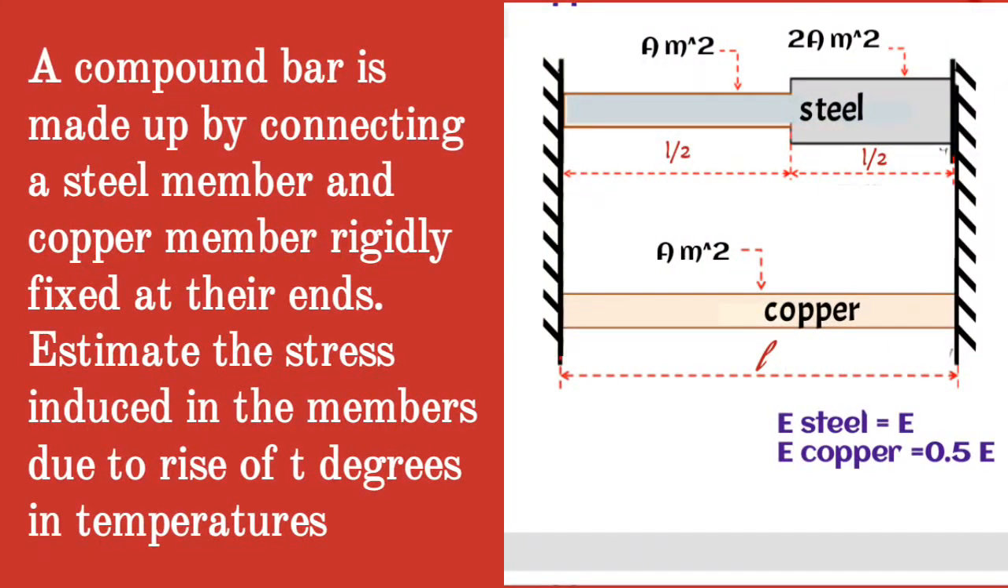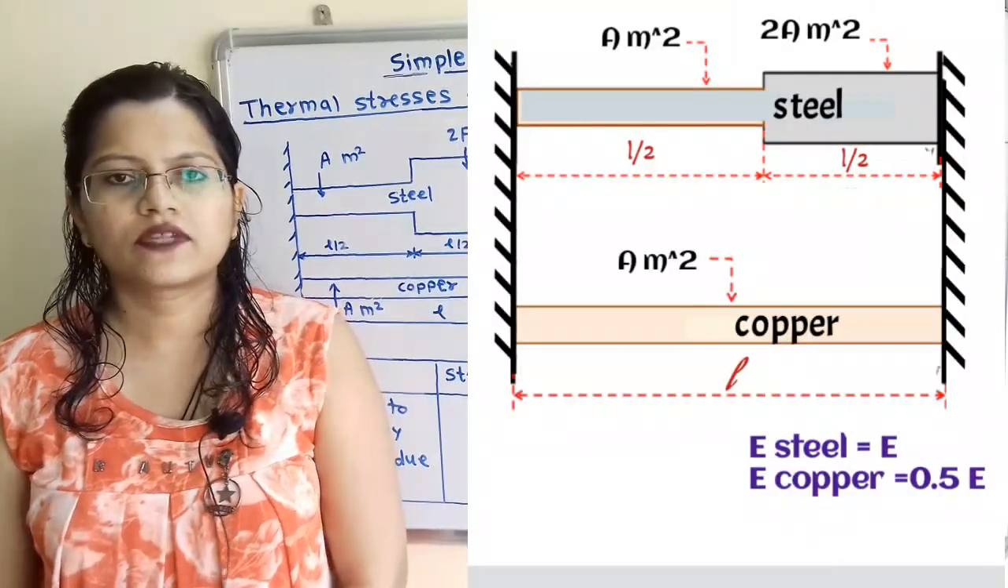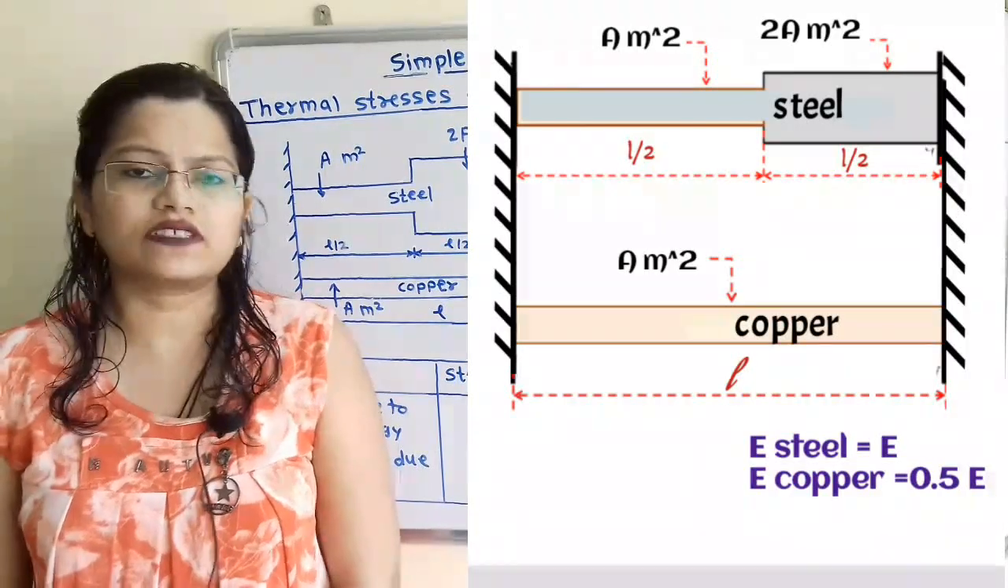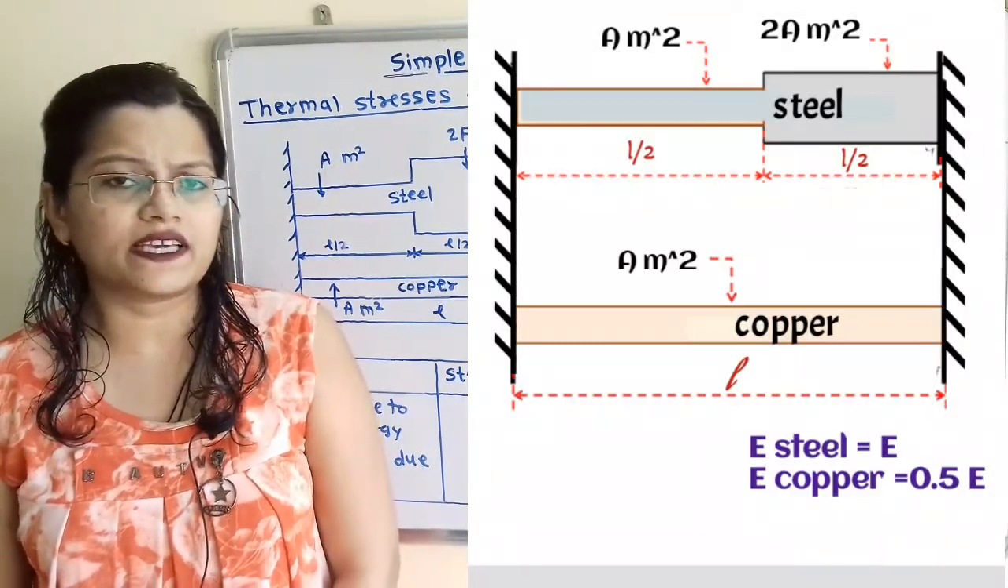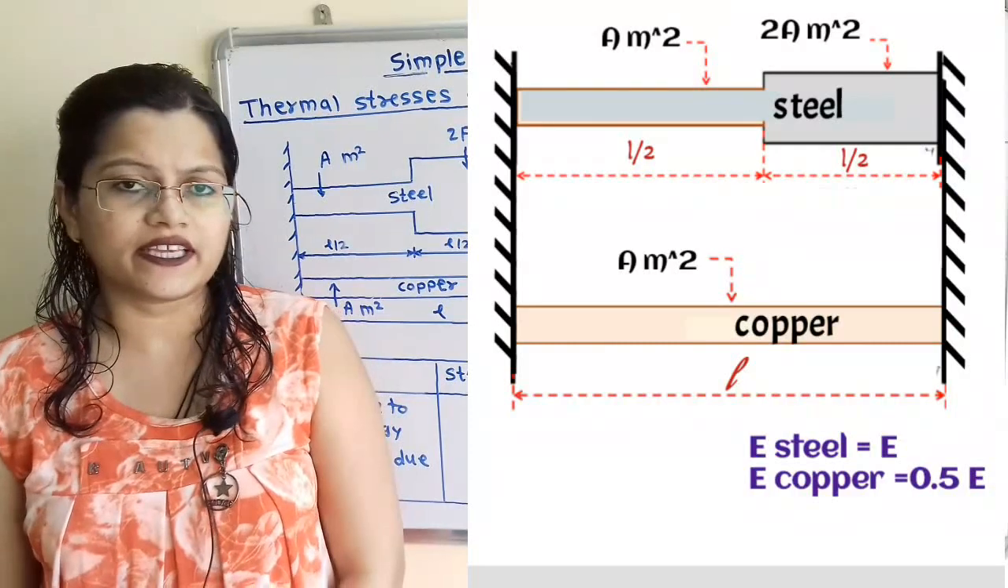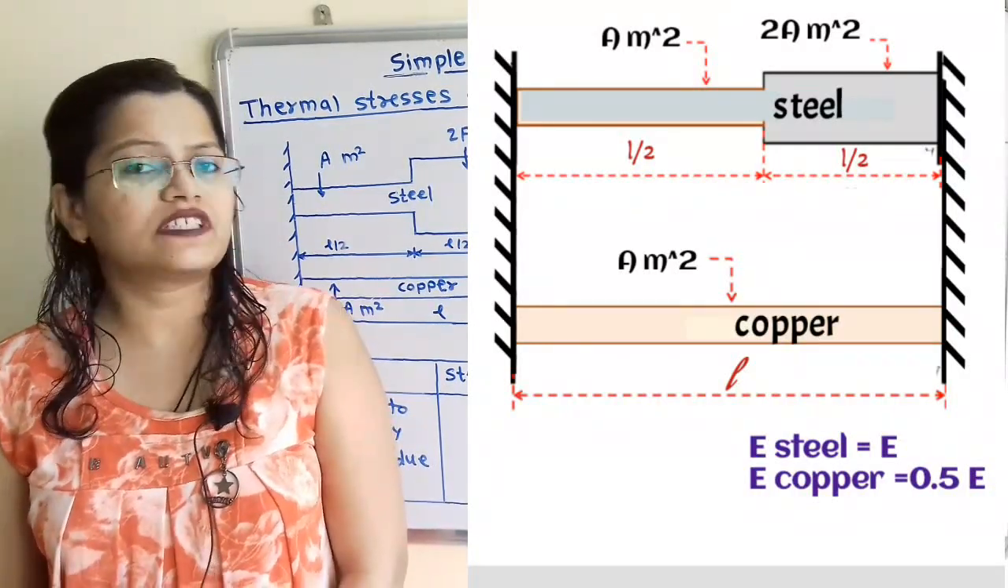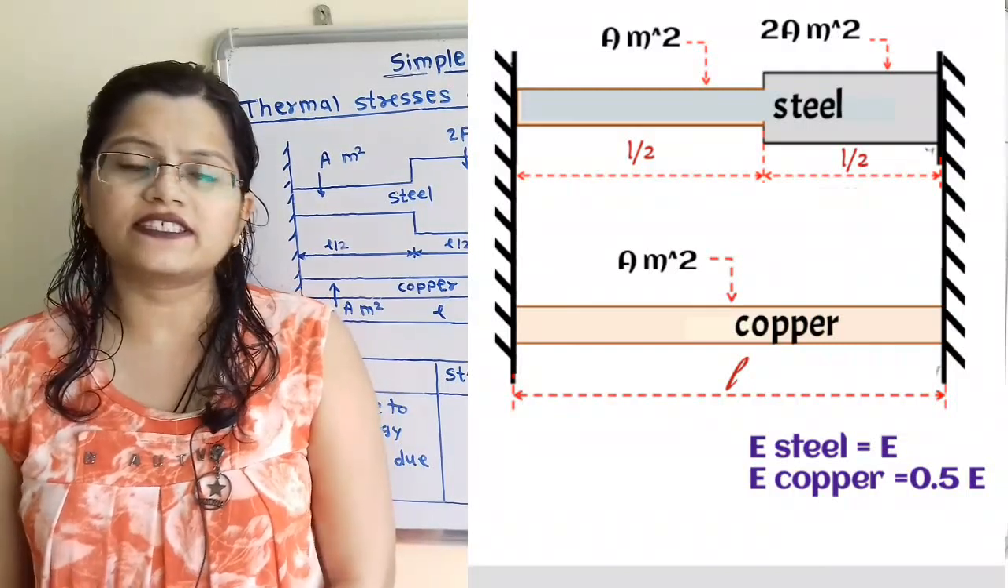Given question: a compound bar is made up by connecting a steel member and a copper member rigidly fixed at their ends. Estimate the stress induced in the members due to a rise of T degrees in temperature. The compound bar is made up of steel material with different cross-sectional area and copper material with uniform cross-sectional area, held between two fixed supports, and we have to find the stresses developed due to rise in temperature